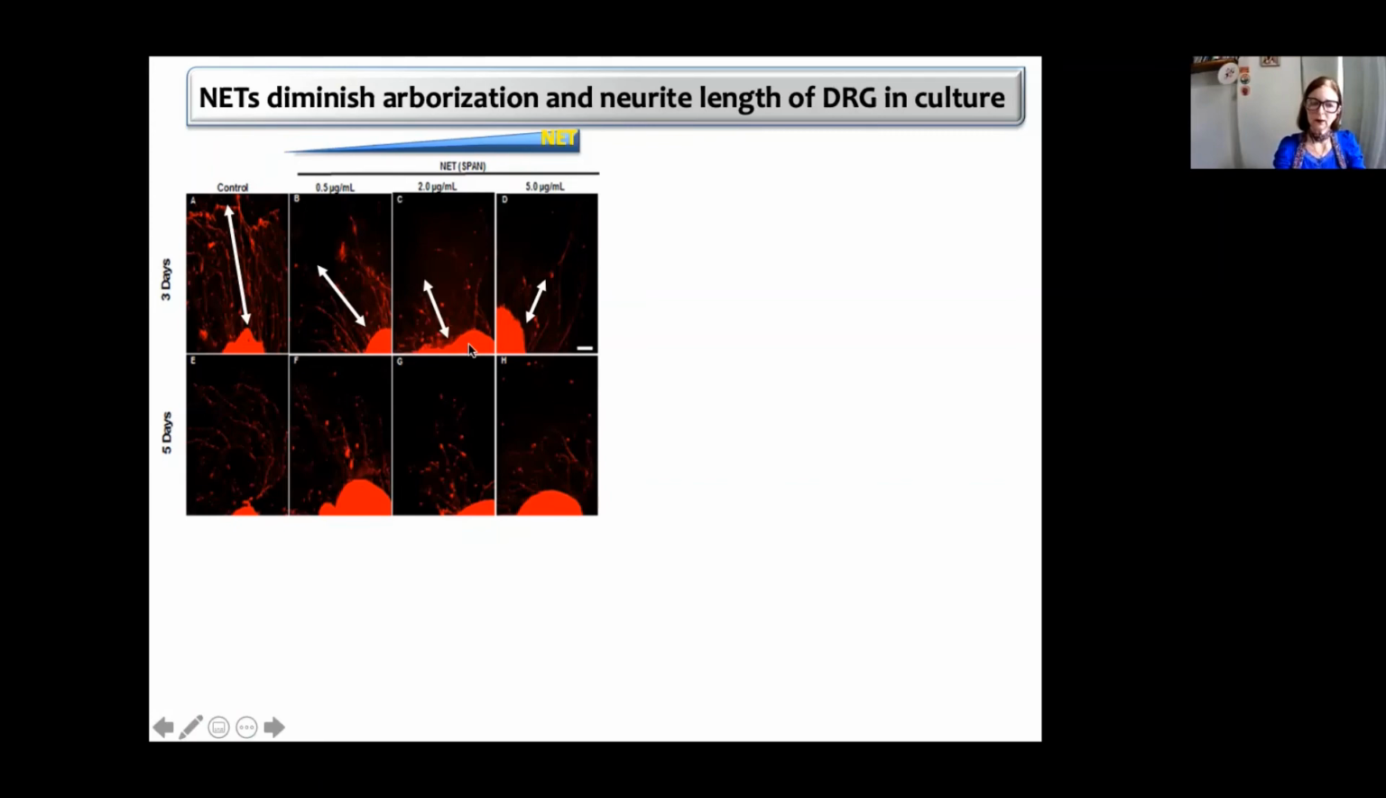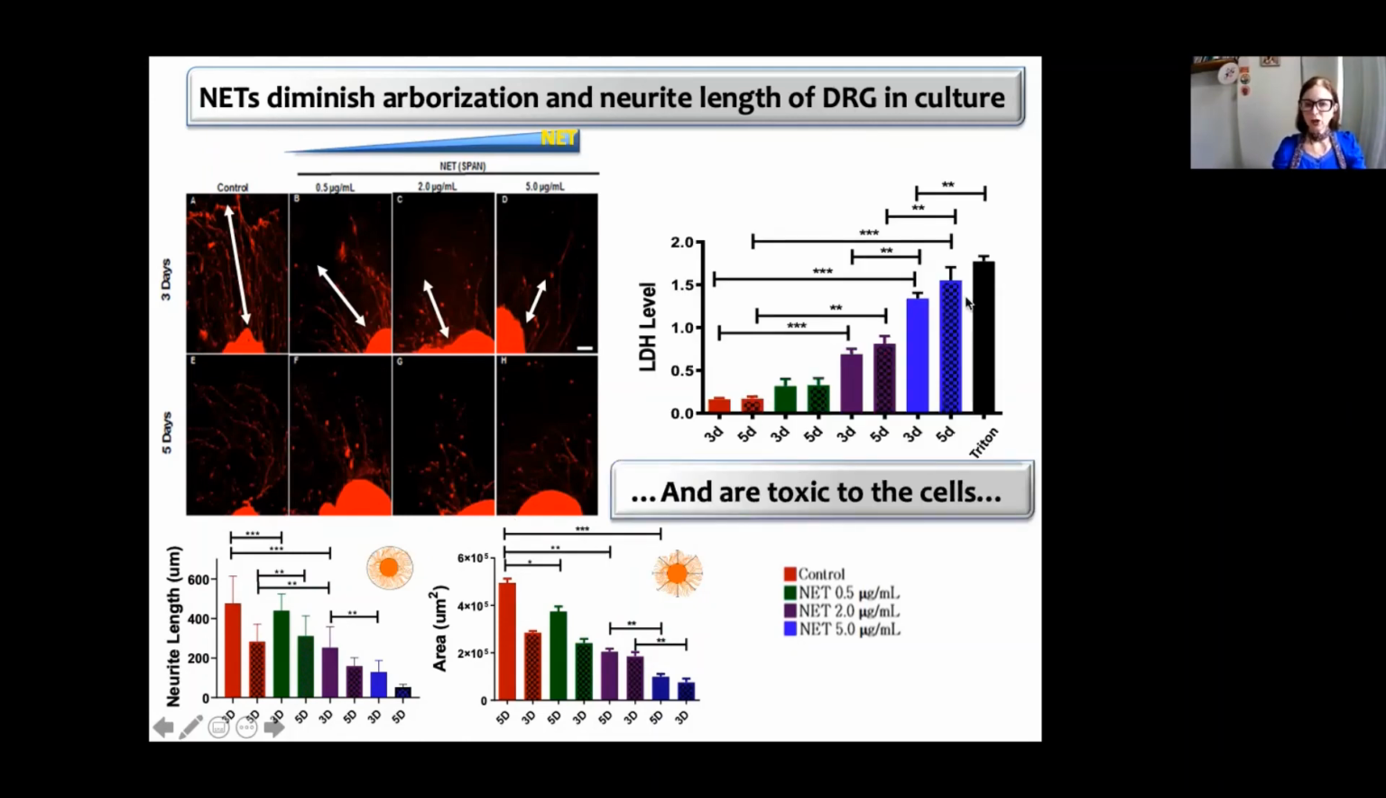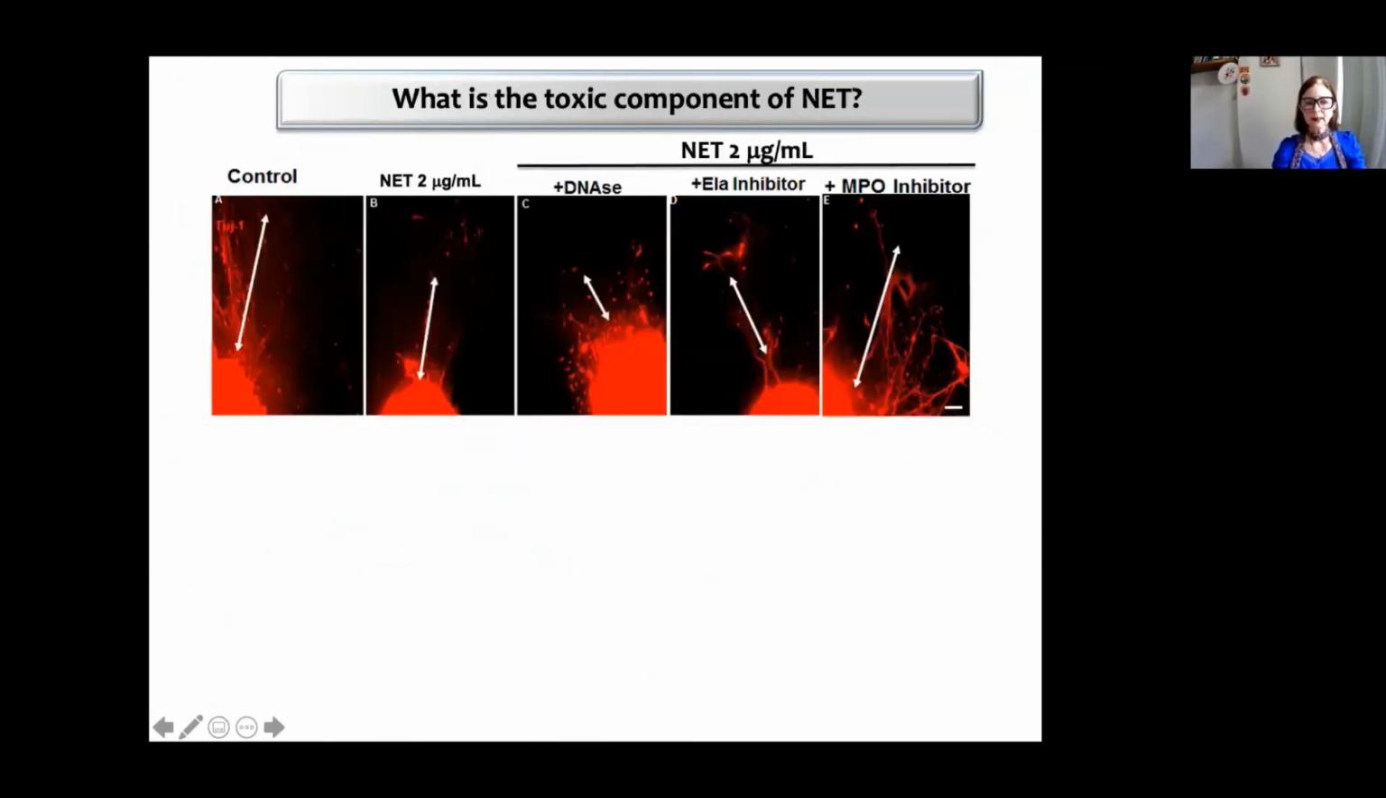So here I'm showing you another model. I just showed you the lungs, now I changed to this one, and the neurite length is completely disturbed by the presence of NET. The area that they occupied, they are very toxic. So the presence of NETs is very toxic to these cells. They died completely. But in this case, we were very fortunate because we used DNase to disrupt NET, elastase inhibitor,